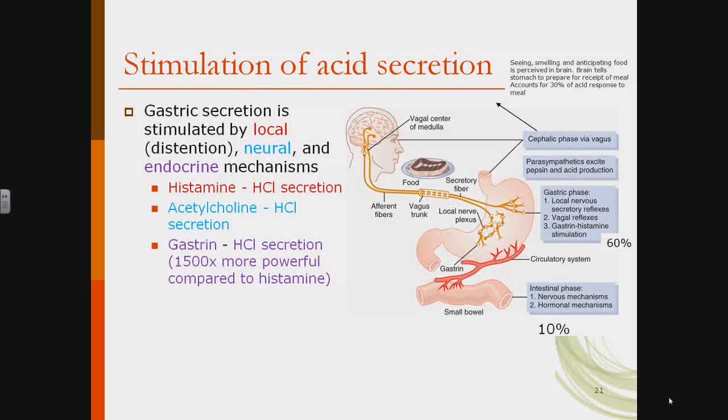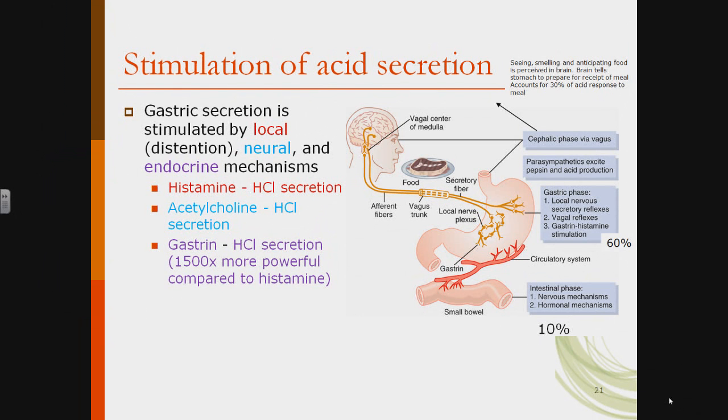The vagus nerves can also relay back to the brain local afferent information. When you swallow and food touches your stomach, it's the vagus nerve that can relay information back to the brain, which in turn can relay even more secretion. You're seeing the secretory fiber here. Think of that as an efferent outgoing command. Again, all this being relayed through cranial nerve number 10, called the vagus.